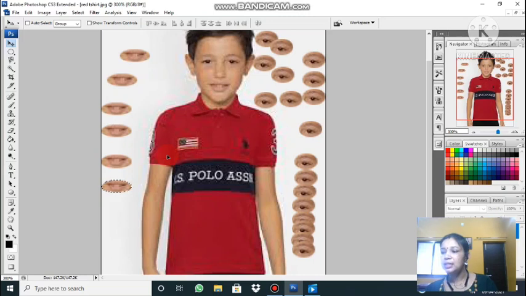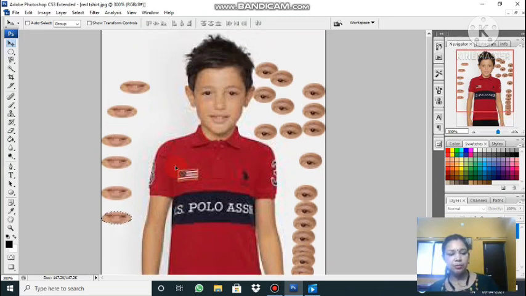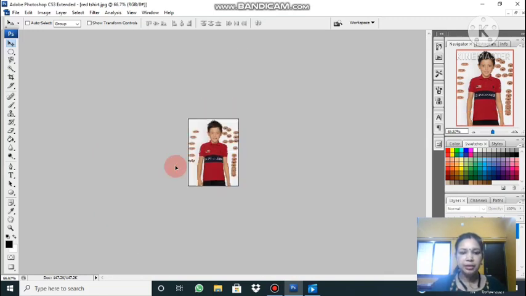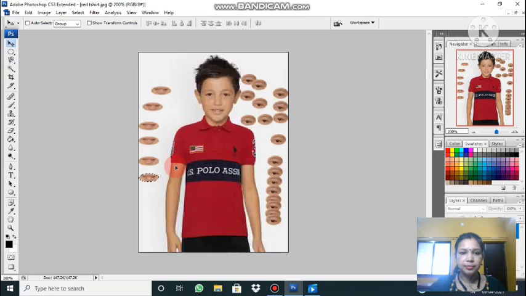Okay. Next is creating duplicate hair. So let's decrease the size of the image. How? Control minus minus. Now you can see that this hair portion is not in elliptical format, not in rectangular, not in a single row. It's in an irregular shape.